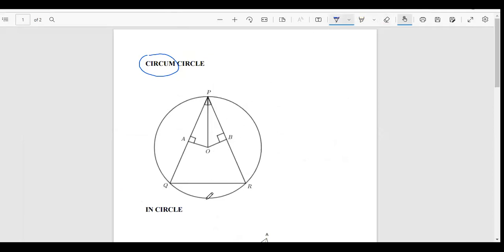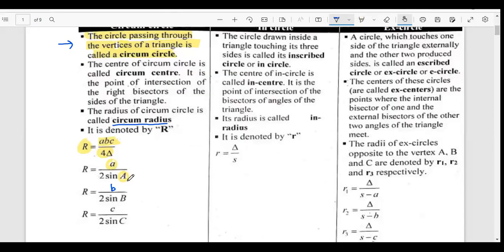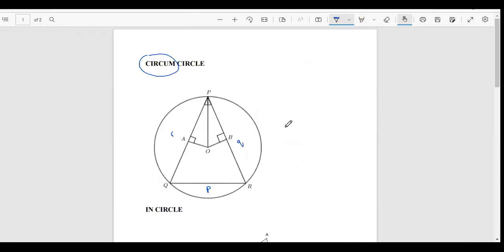ये एग्जैक्टली क्या हो रहा है मैं बता देती हूँ। लेट्स से मेरे पास ट्रायंगल है, इस साइड को मैं स्मॉल p कह सकती हूँ, इस साइड को स्मॉल q और इस साइड को स्मॉल r कह सकती हूँ। अगर मेरे पास p q r होगा तो फॉर्मूला ऐसे भी हो सकता है: स्मॉल p डिवाइडेड बाय 2 sin कैपिटल P। तो अगर मुझे फॉर एग्जाम्पल सर्कम सर्कल फाइंड करना है और मेरे पास एंगल P है और ये QR की लेंथ है, तो सर्कम रेडियस वुड बी स्मॉल p डिवाइडेड बाय 2 मल्टीप्लाइड बाय sin ऑफ P।